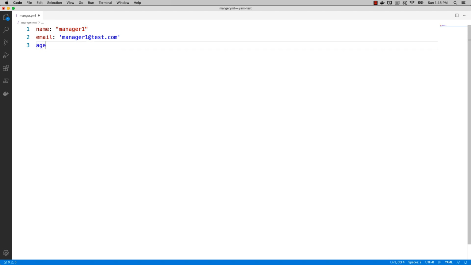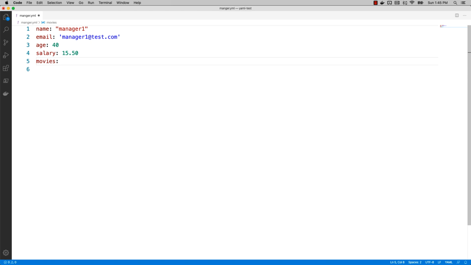Maybe the manager has an age, so probably the age is 40, for example. In this case, because it is a complete number, a whole number, it represents an integer. Same thing, maybe I can use a number in decimal, or a float. Maybe I can say the person has, let's say, 15.50 as a salary.